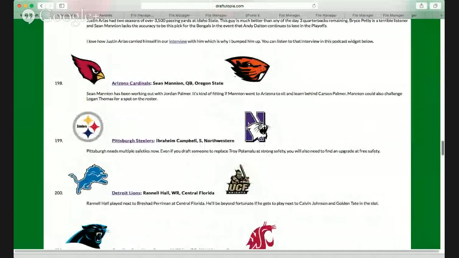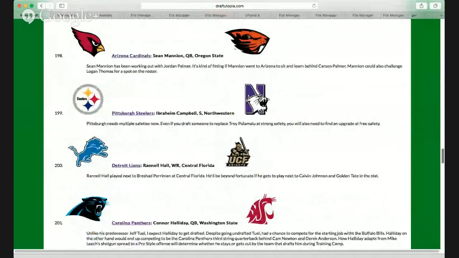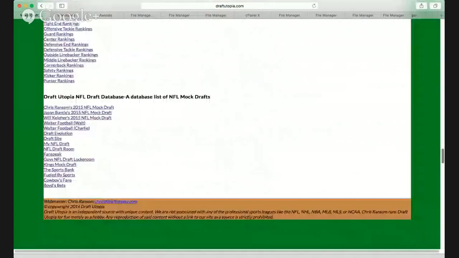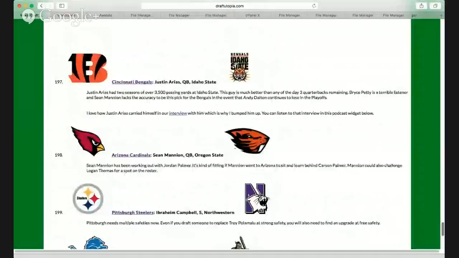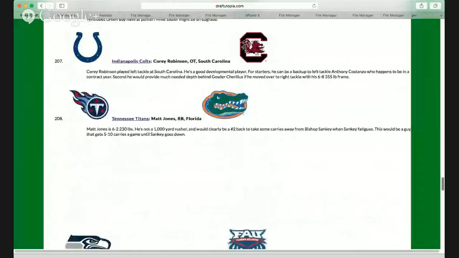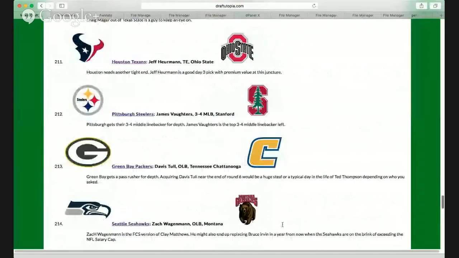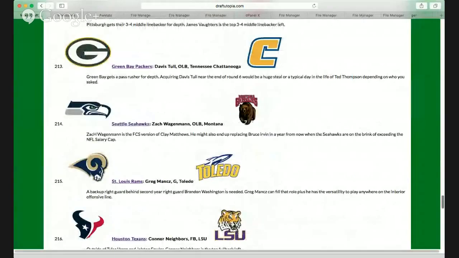And basically, Ernell Hall, Connor Halliday. A lot of the picks are similar to mine. Yeah, I had Mannion going to the Redskins in the 6th. And I also had Halliday going to, I had Corey Robinson going to the Steelers in the 4th, but this is Jesse's mock. It's a little different from ours, and that's cool because it lets us go over some things and some talking points.